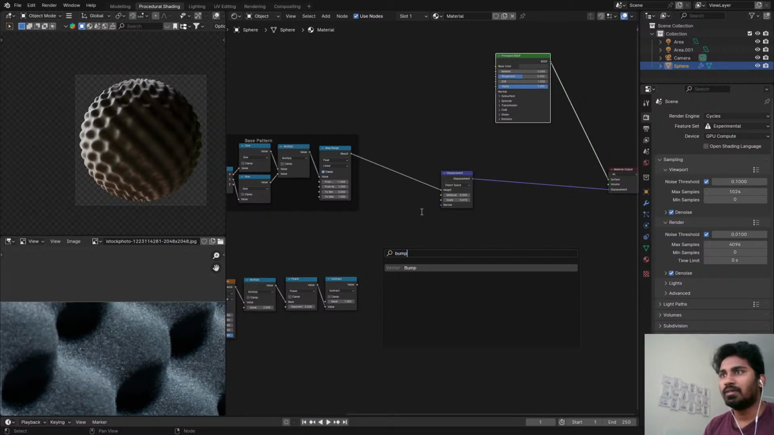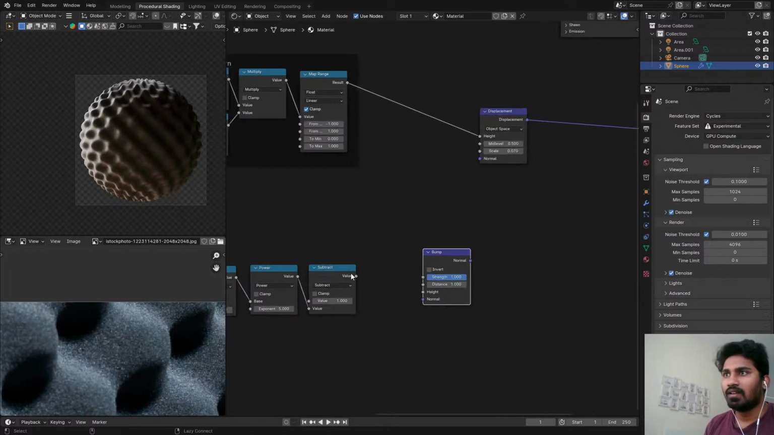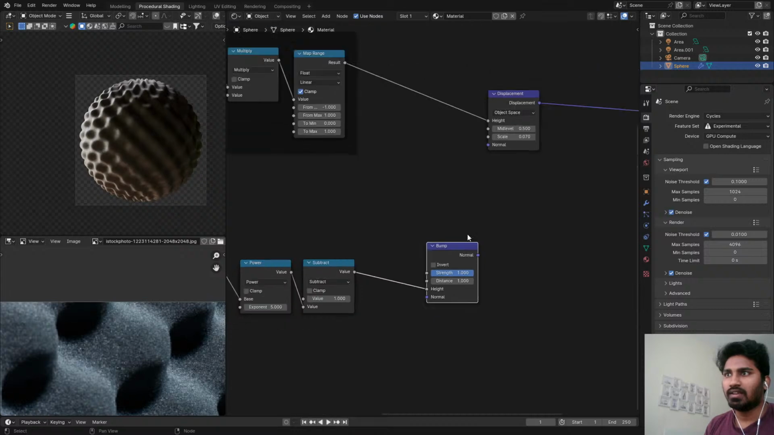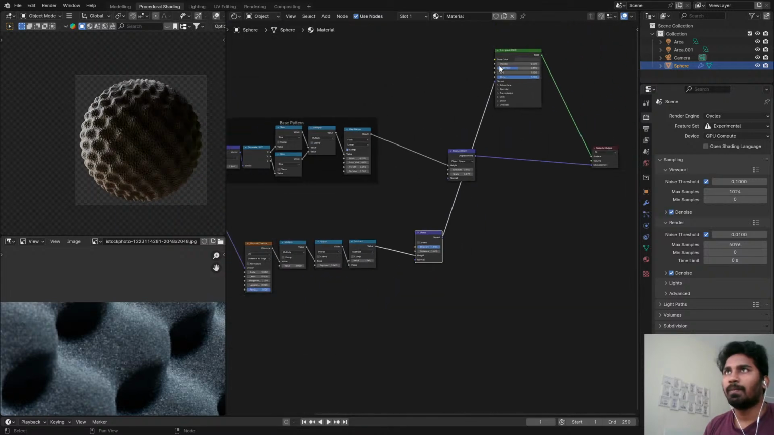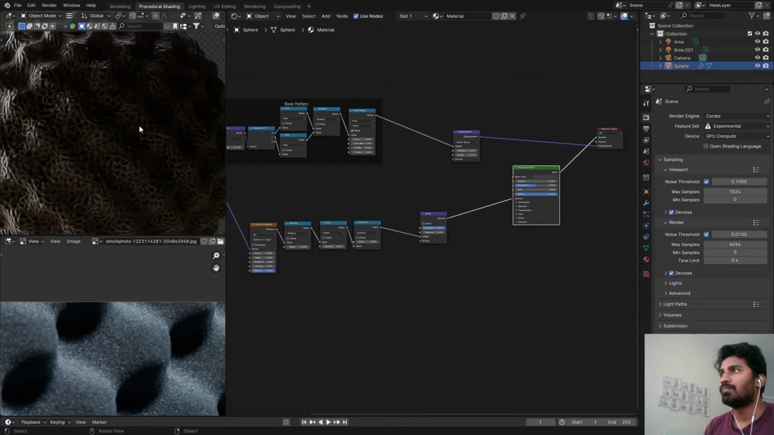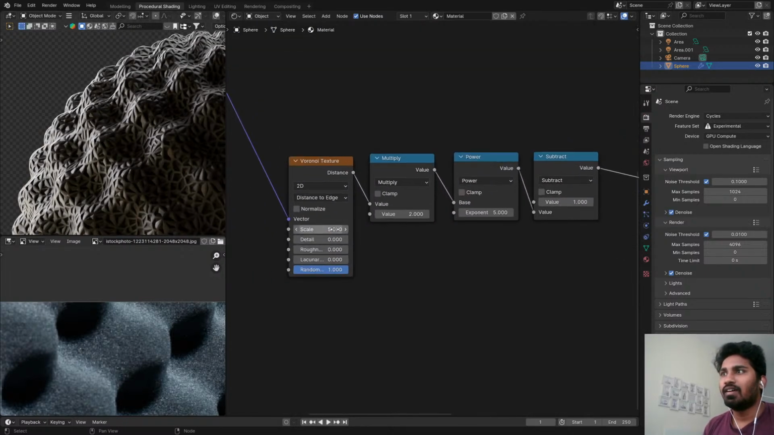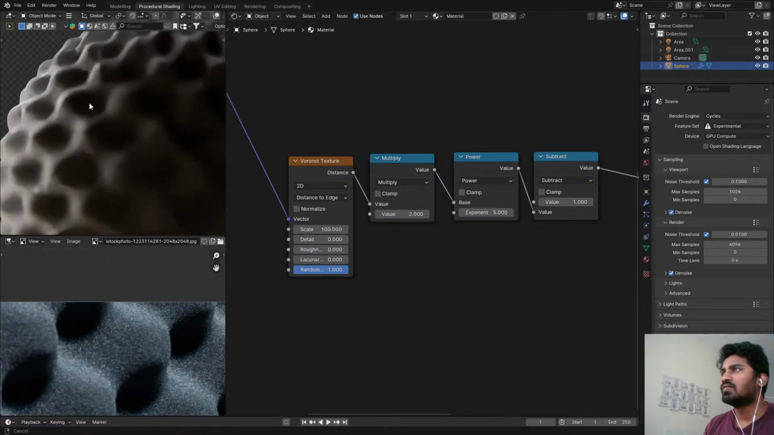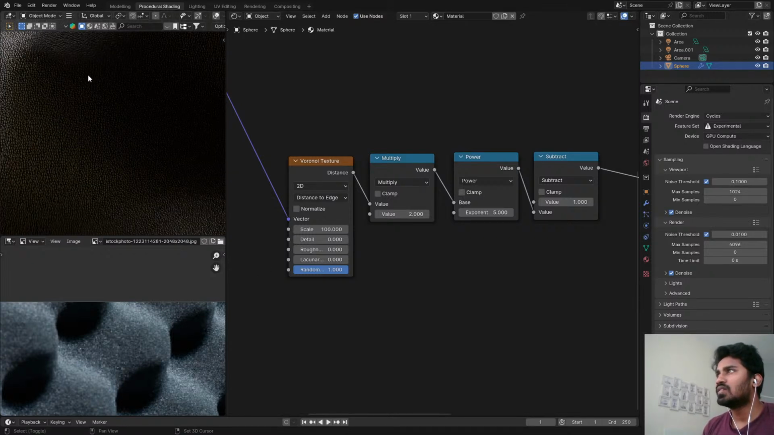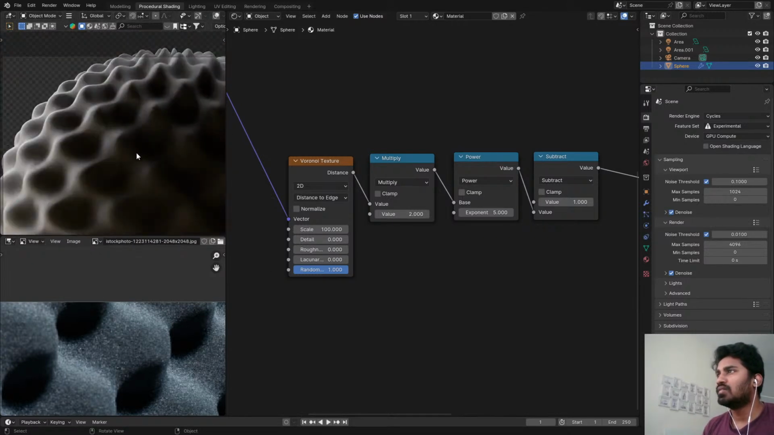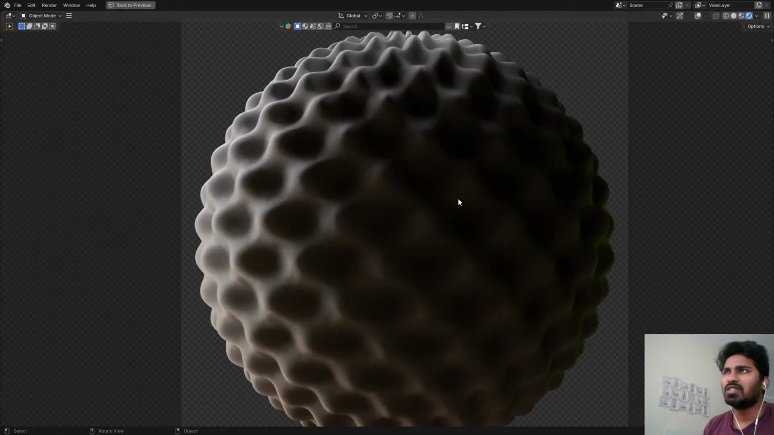Let's do a bump. Let's plug this to the height and directly connect this to the normal. See that? Now let's increase this to 100. This is definitely small, but is it any visible? Let that resolve. Maybe 100 is too much,